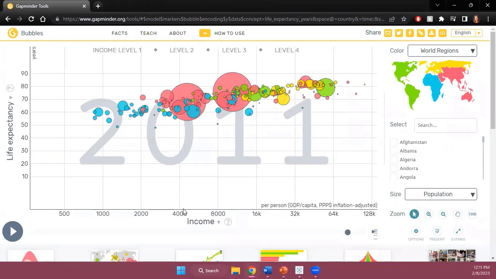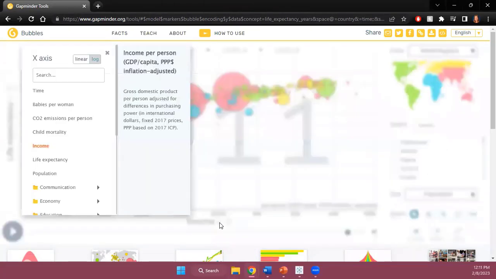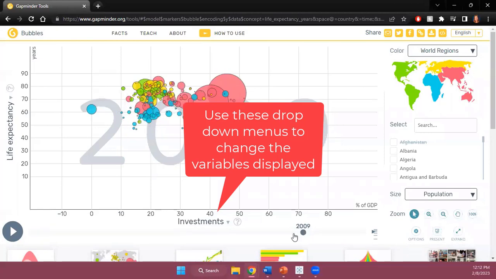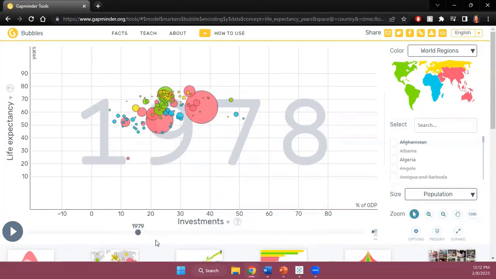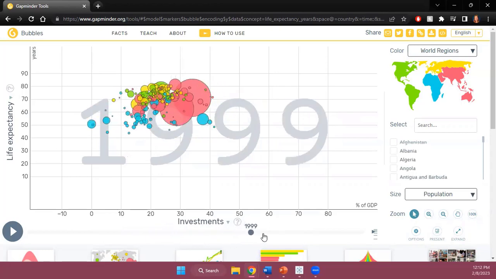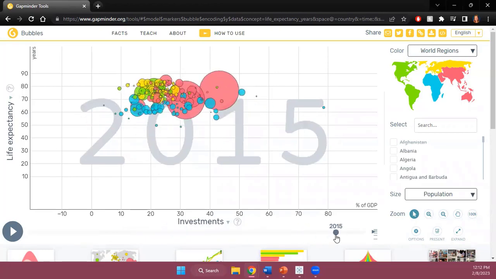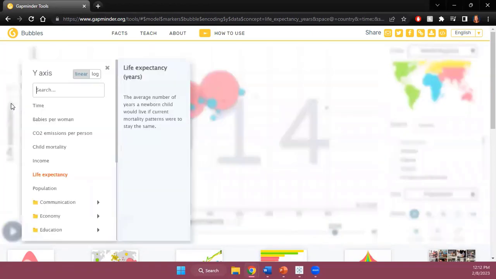You'll notice that on the X and Y axes, there are drop-down menus. Rosling does something unique in that he allows you to scroll through changes in time interactively with his dashboards. He's created a new interactive type of data visualization that can be used to examine a variety